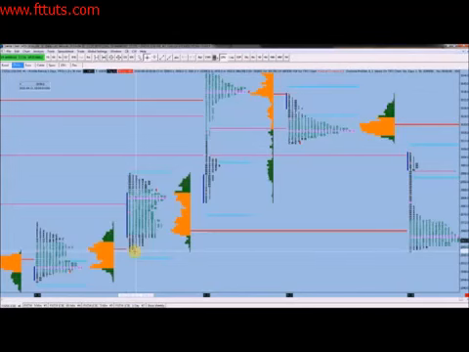Okay, it's not a normal day because the initial balance isn't wide enough and our activity hasn't been contained entirely to the initial balance. But what's happened is we've probed. We've tried to get higher, we haven't. We've come back in. We've tried to get lower, we haven't. We've come back in. The buyers, and when we go back to the slide, if you recall,